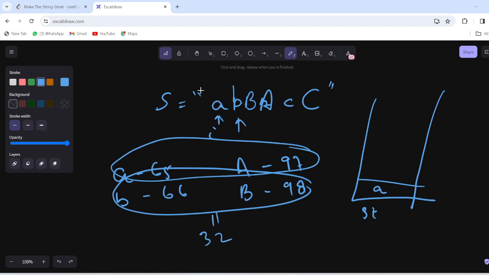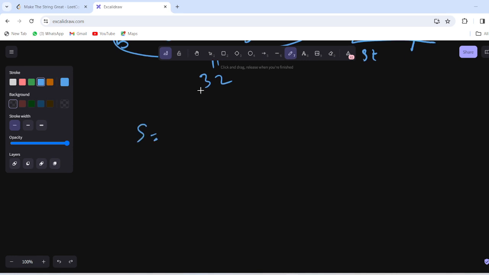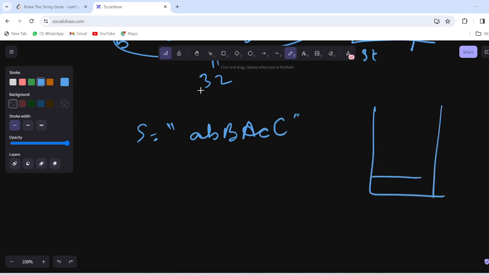So every time we store a character into our stack, we will check if the ASCII value of the top element minus the ASCII value of the coming element is equal to 32, then that means one element is small and the other one is capital, and they are the same character.